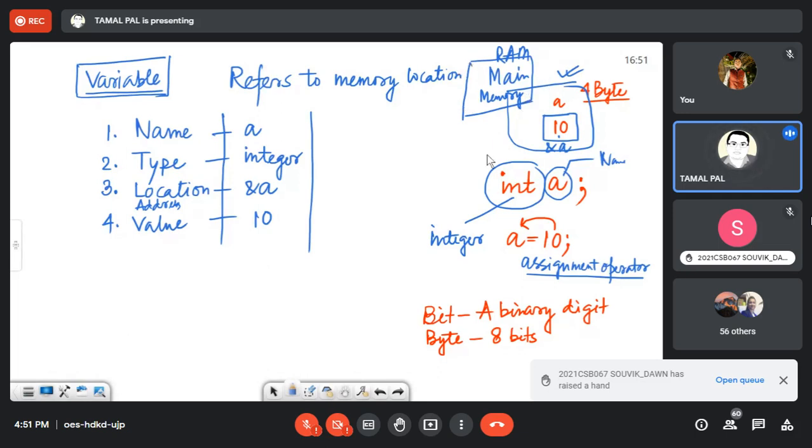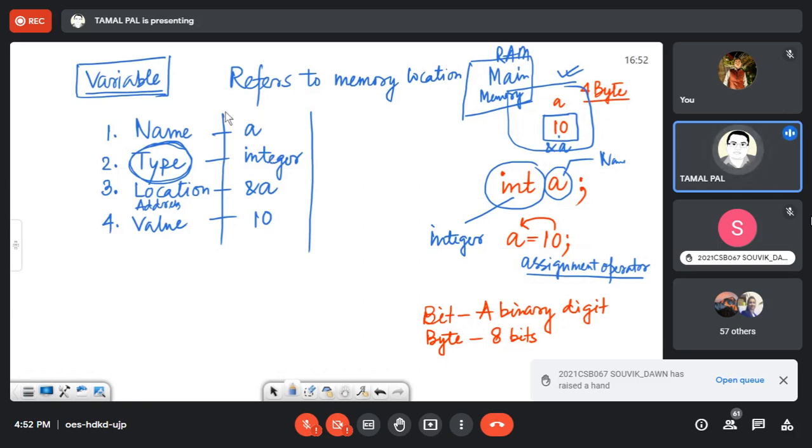This is mostly the scenario of dealing with any variable. Now, I will not mention too much about the type, because types have different specifications. Some types are fundamental, like integer. There are also derived data types, made from fundamental data types, like array and structure. I will discuss that later.